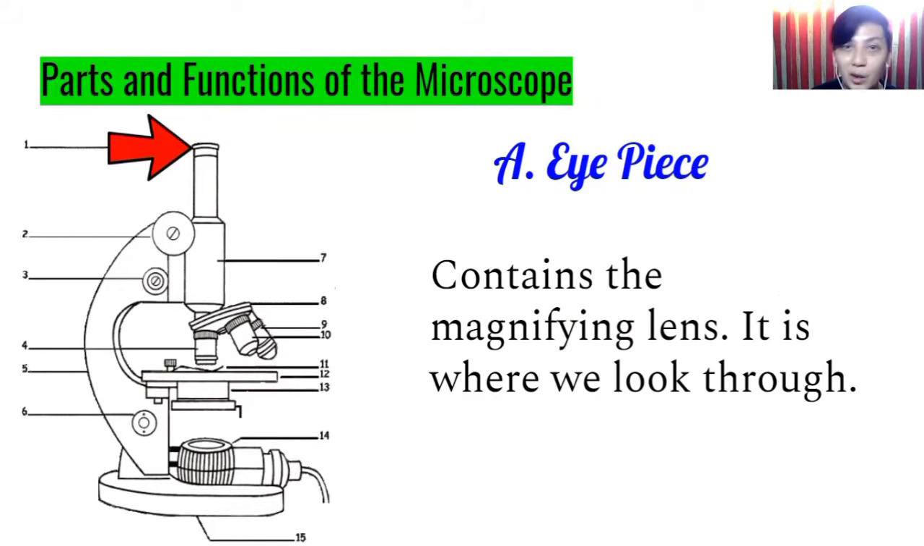And while you are looking at the eyepiece, be sure that both eyes are opened. Do not close one eye for you to see. Okay? Because there's something wrong with your vision if you close one eye. Maybe you can put your hand here, or whichever eye you want to put your hand, as long as both